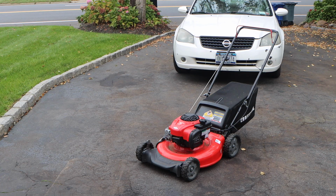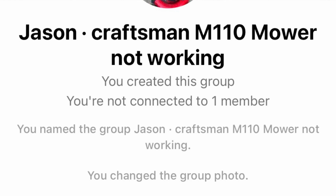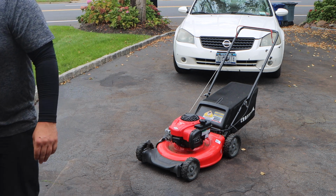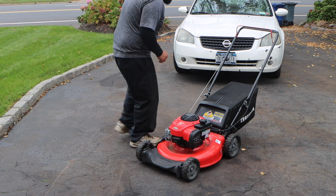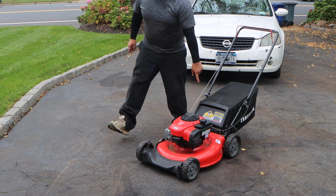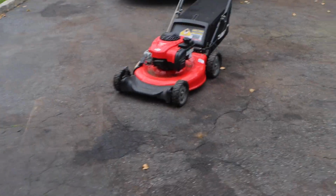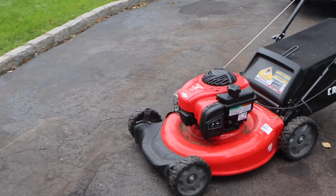In the driveway we have this free, that's right, free Craftsman M110 140cc 21-inch lawnmower. Does it say how old this was? The guy said he had it for a year. Okay, it's missing your decal tag, it should be right there. It's missing it. I never get free stuff because there are vultures out there while I'm at work that scoop